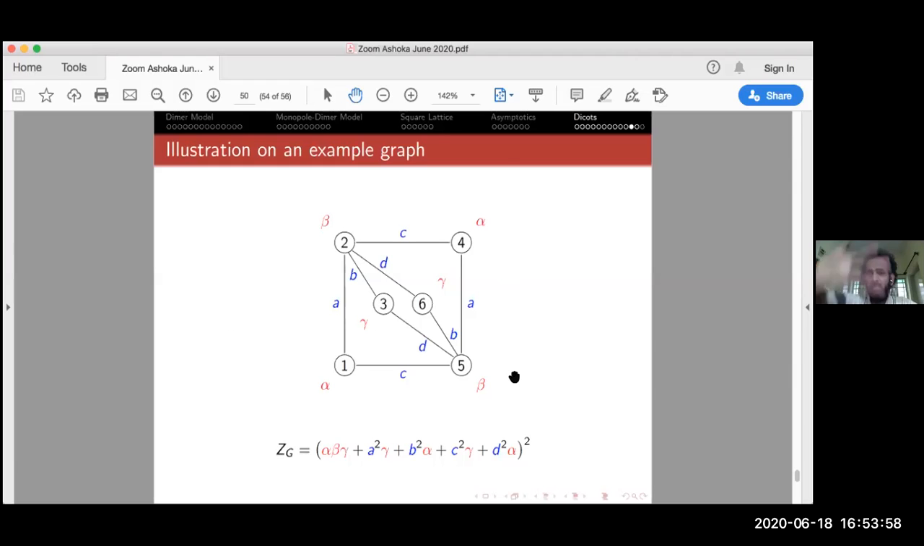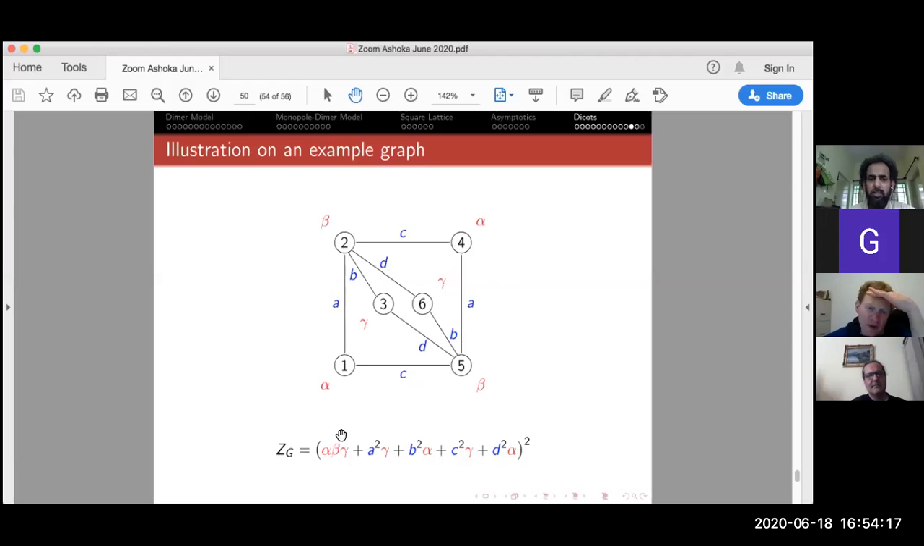So in this case, if I rotate the whole picture by 180 degrees, the graph is invariant, including the labelings, both the vertex weights and edge weights. As you can see, there's a beta here, alpha here, d here, b here, etc. In such cases, the partition function is a perfect square, and for the square root, I define another graph-like object